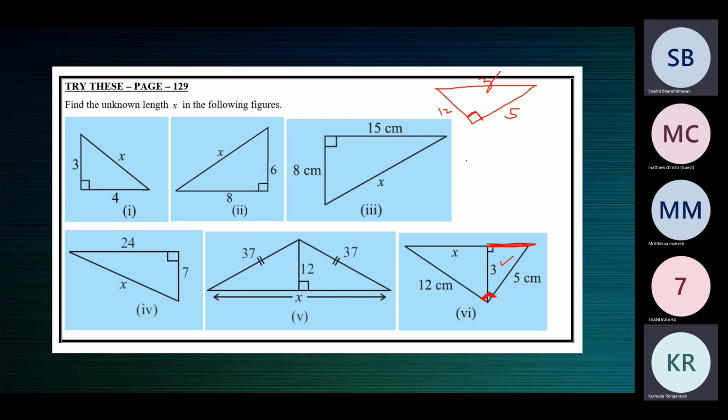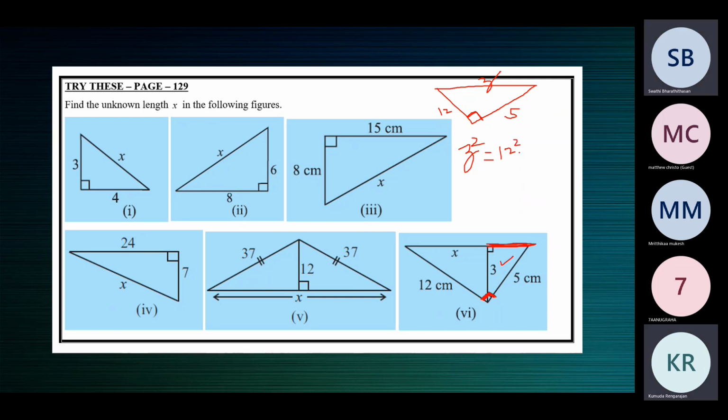Ma'am, like a square plus b square is equal to c square, ma'am. Yeah. 12 square plus 5 square is equal to z square, which we write in the left hand side. What is it that we have to find? Z, right? Yes, ma'am. So shall we write it as Z square first? Z square is equal to